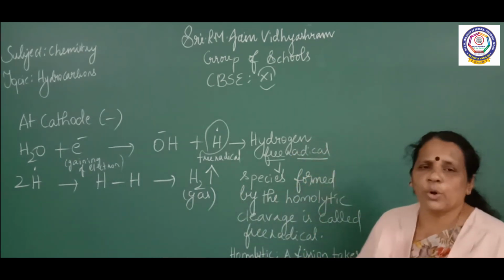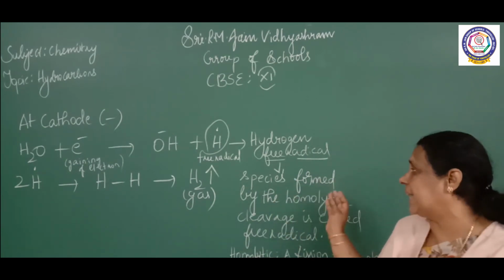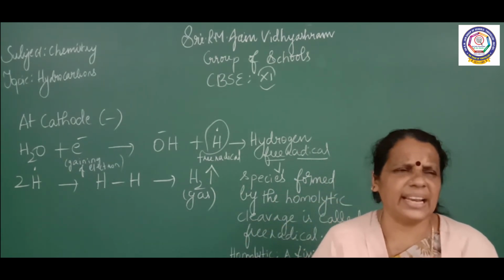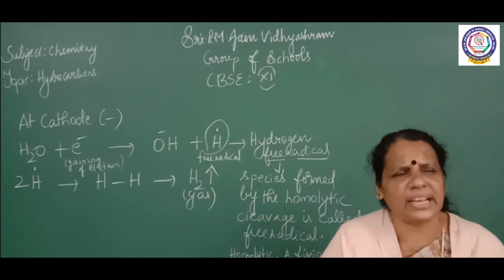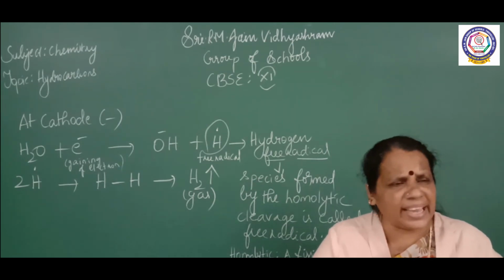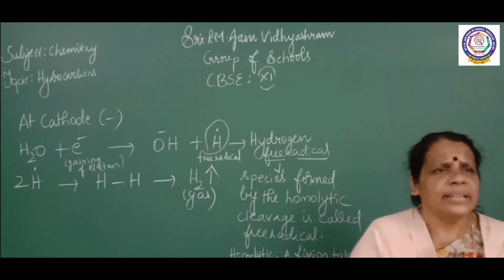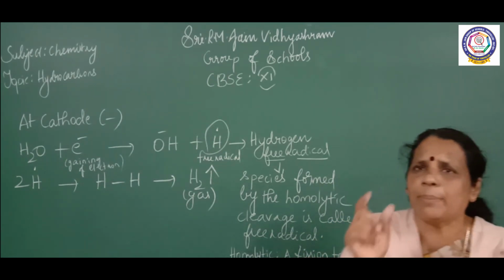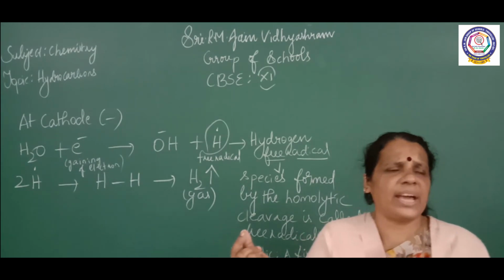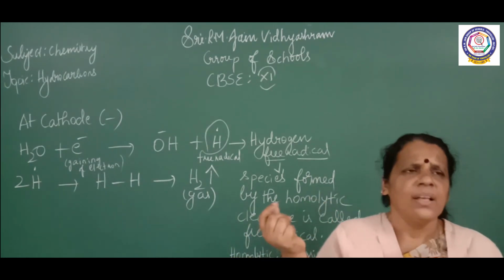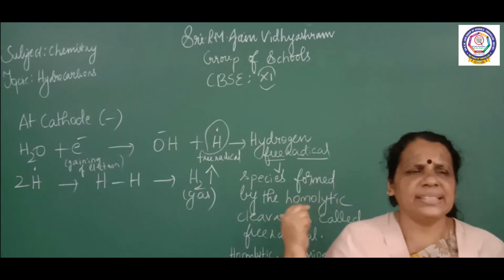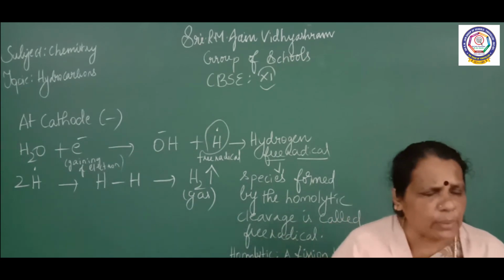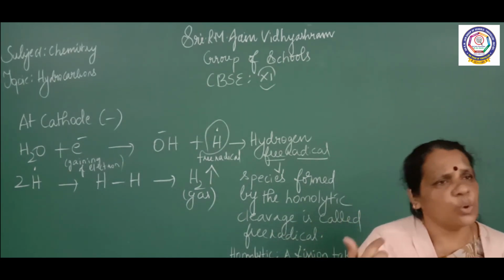And here I gave the free radical definition. What is a free radical actually? It is formed by homolytic cleavage. Cleavage means breaking of a bond, fission. How does a bond break? There will be two different atoms, and the bond will be broken in such a way that both the atoms share electrons equally. There will be mutual understanding between both the atoms, so each atom shares the electron equally. We call such a fission homolytic fission.